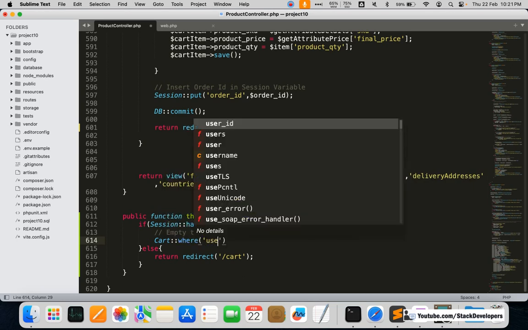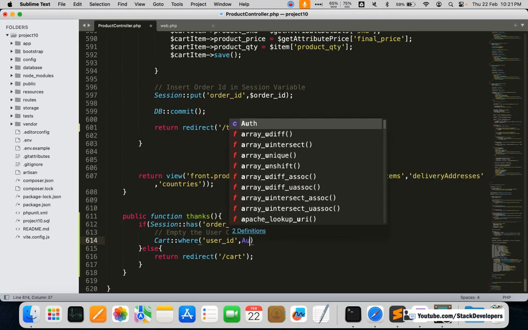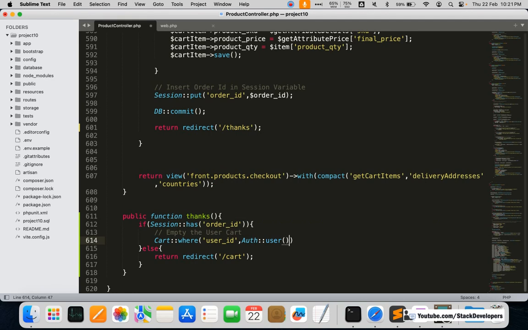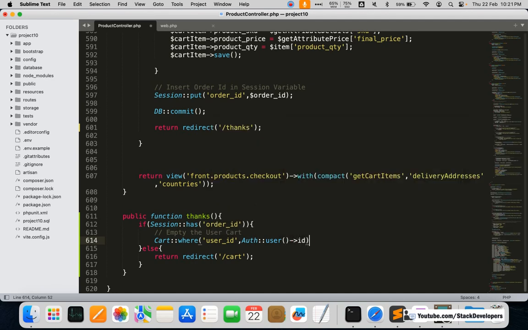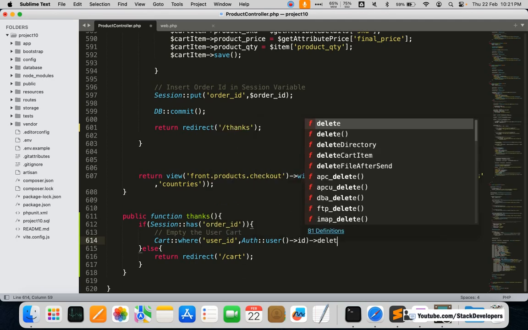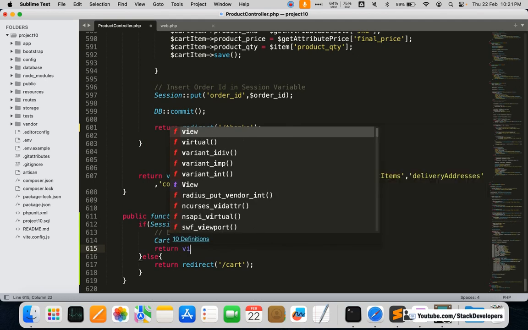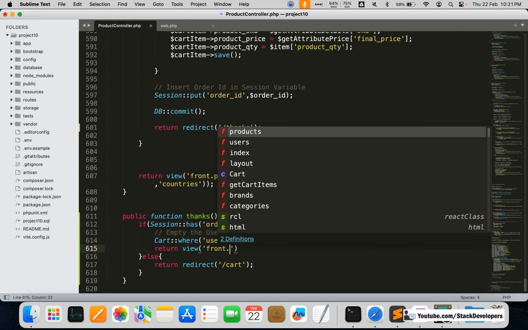Where user id compare to auth user id. Okay, compare it with the auth user id and then delete. So we are going to delete the user cart. And after this we are going to return a view. We are going to create the new blade file,